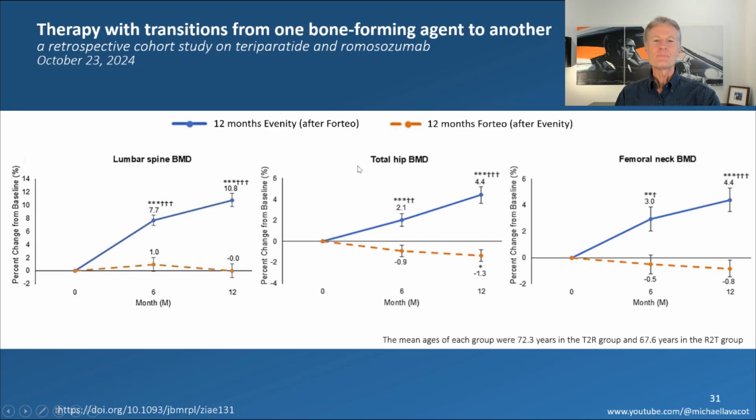Now, same type of thing in the hip, but now with Tymlos you're actually losing a couple percent, or 1.3%. And again, in the second year, more than likely, it's going to bounce back. That happens a lot with Forteo in particular. Tymlos has less of this kind of negative effect. And the same type of thing in the femoral neck. So again, you don't see the same gains on Evenity as someone that hasn't been on any treatment, but you know what? It's pretty darn good. Okay.